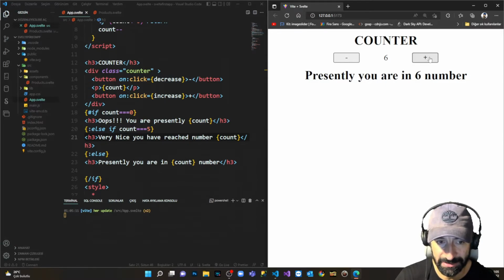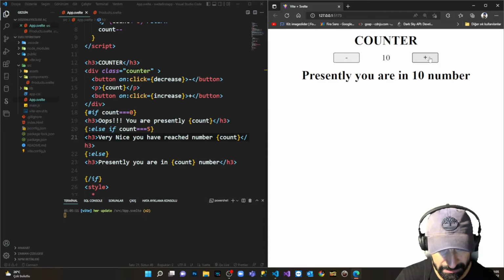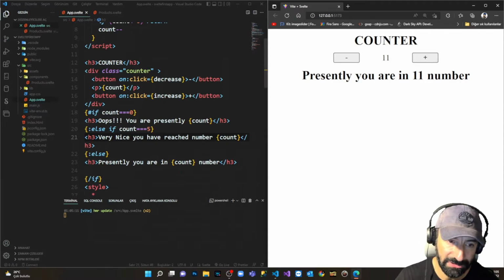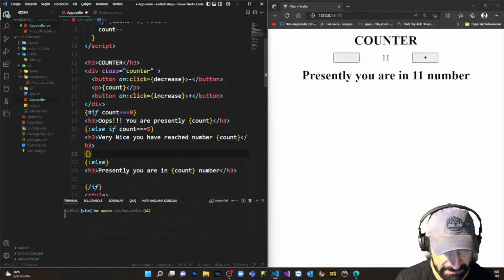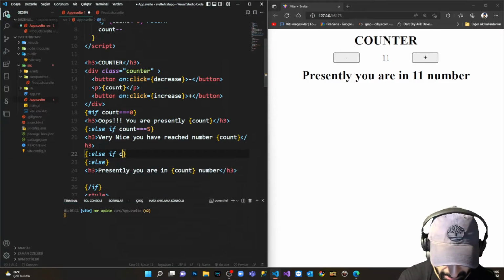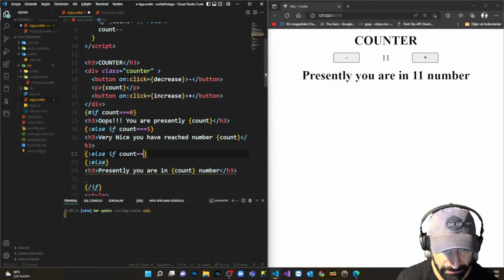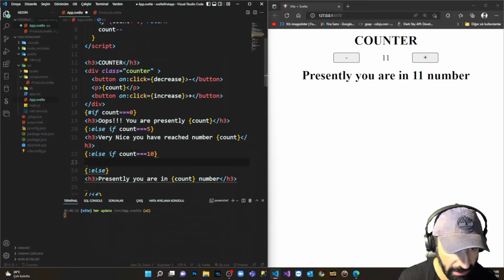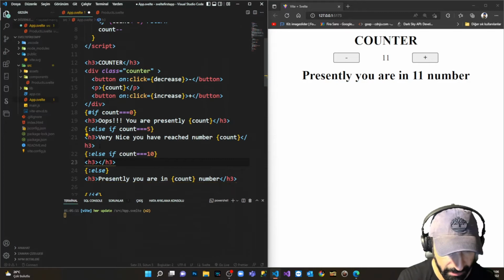And our statement is not supported anymore. And we're continuing to number 7, 8, 9, 10. Presently you are not number 10. And we need something. Why am I not surprised, because I came to number 10. So here I'm going to do another else if statement, and I'm going to say else if count equals to 10. I want to write something here and say